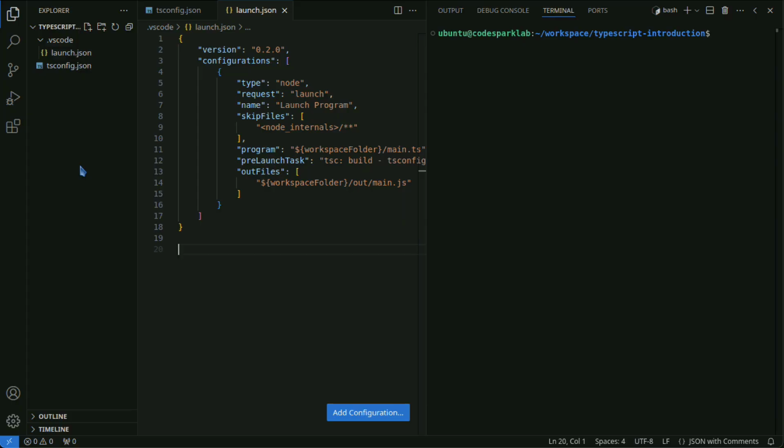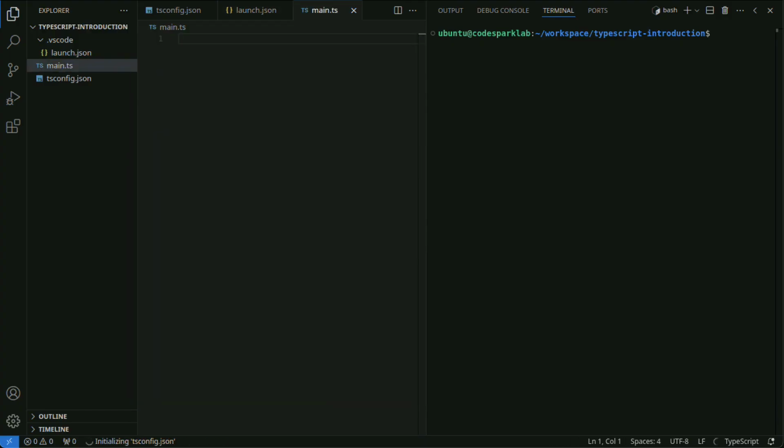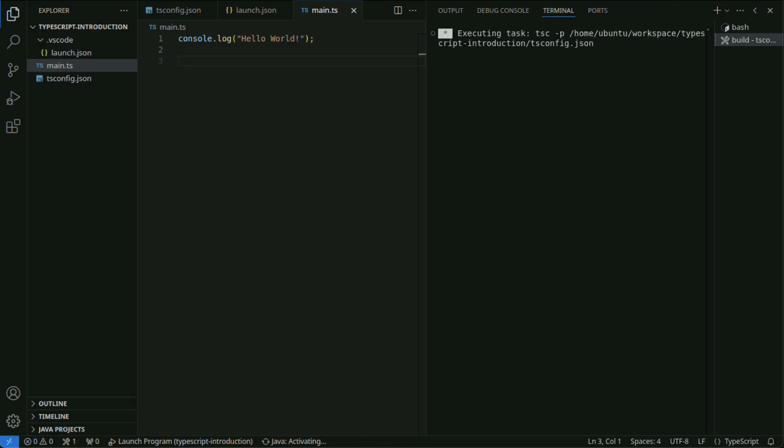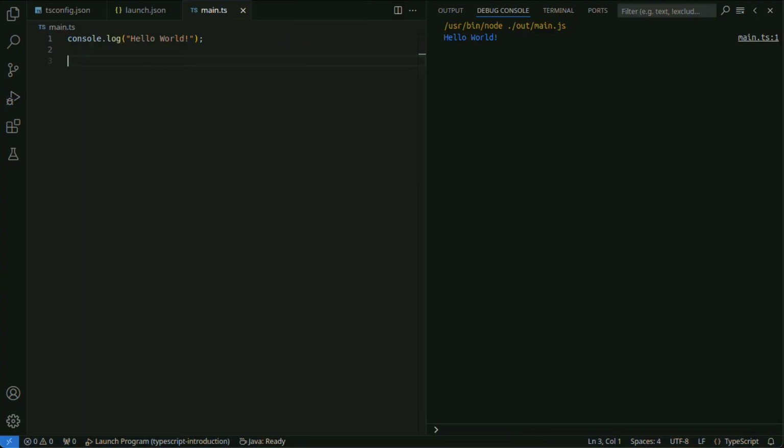Create a main.ts file that displays Hello World. You can run it in Visual Studio Code by pressing the F5 key. By configuring this way, you can execute TypeScript files within VS Code.